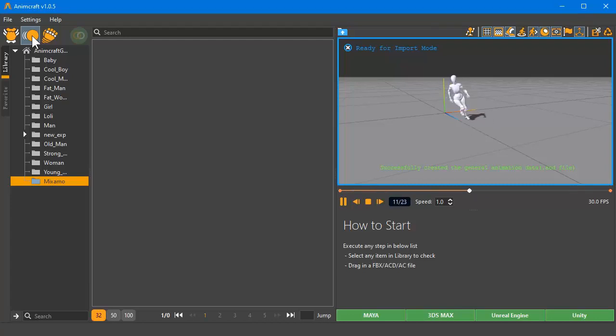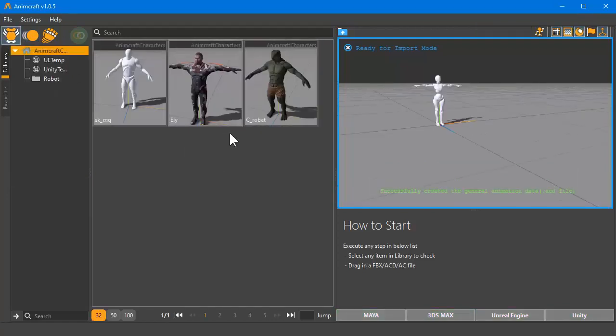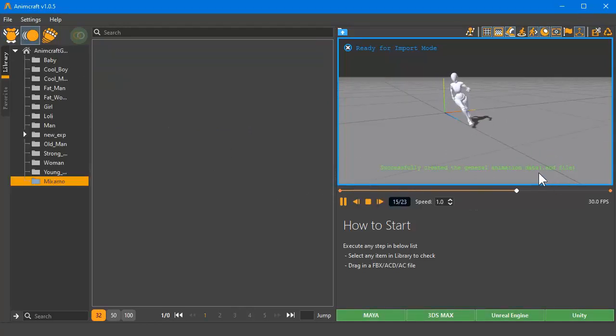The general animation data contains some of the mapped or retargeted data so that the ACD file can be exported to an arbitrary character in 3ds Max or Maya, and merged to any one of the characters in the character library. So we have to extract that